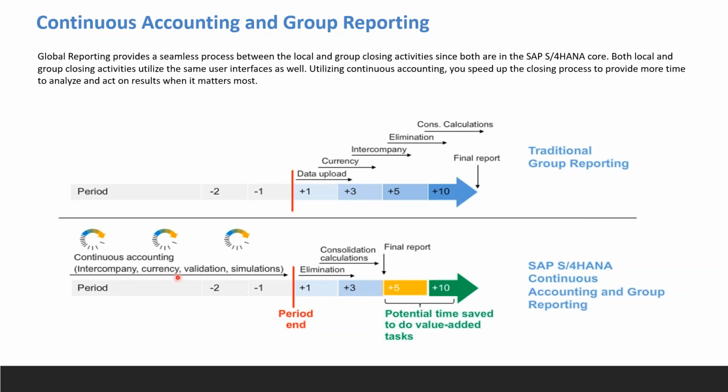See, here first you have to collect the data, right? All that you are doing is a continuous account. So you can release on a daily basis also to the group reporting. So that you can do the validation, you can perform the simulations and everything, intercompany, currency translation, everything you can do. So at the end of the day, everything is ready. Yeah, it is ready, but it is again the end of the month. Again, you have to transfer the data, right? No need, right? So if you do it on a daily basis also, at the end of the day